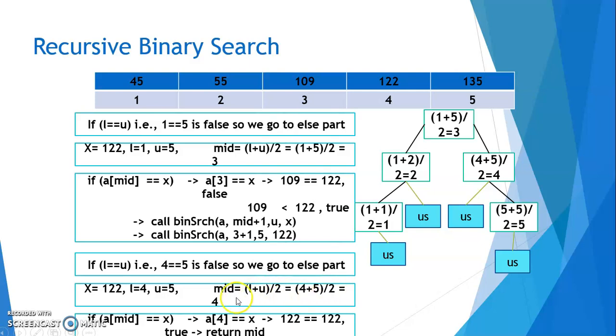So (4 plus 5) divided by 2 gives us 4, and then we check whether A of 4 is equal to X. So that is the item to be found: 122 is equal to 122. So we will return this location 4 as the final answer. Now here we are showing